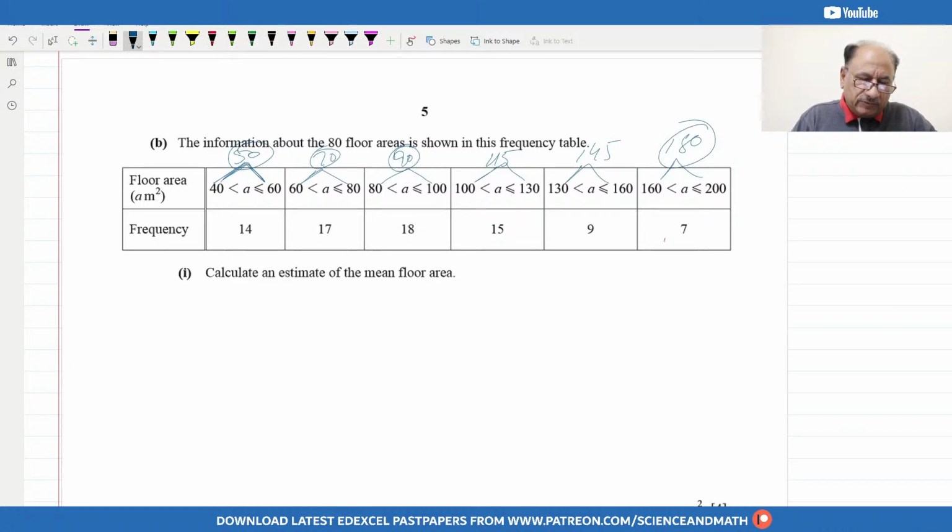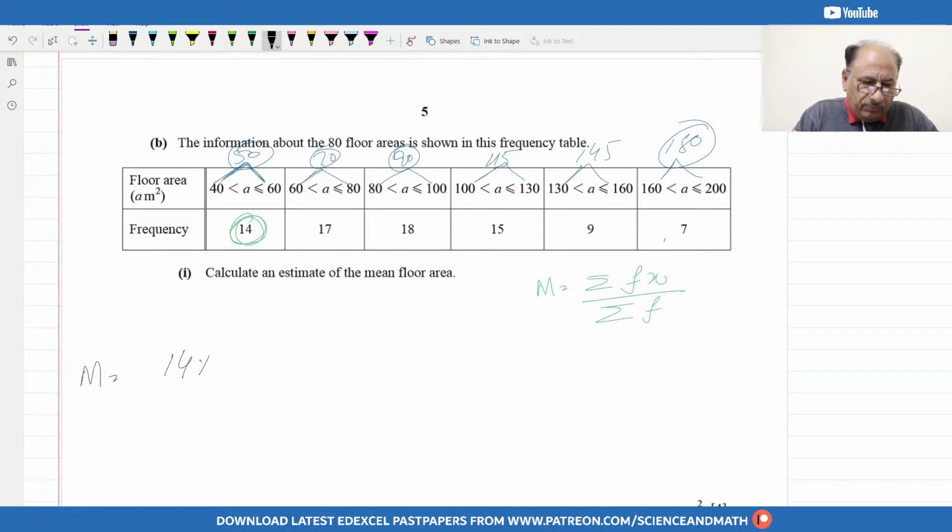Hopefully you understood this. Now the formula which we are using for the mean is equal to sigma fx over sigma f. So sum of frequency will be multiplied by the mid range, and we will write here mean is equal to frequency, which is